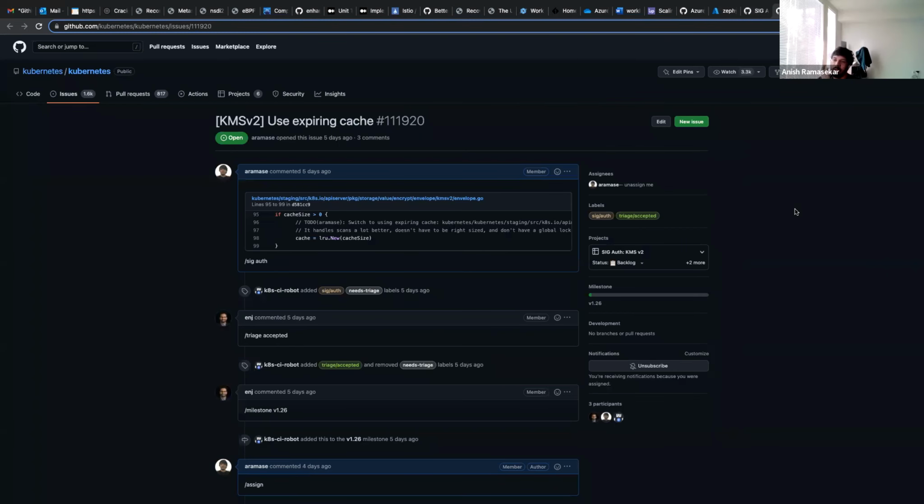Yeah, this was one of the review comments I think we had during 125. So today we're using the LRU cache. We use that for V1, and then we've continued using that for V2 as well. And then Mike added a comment that maybe we should actually try using an expiring cache. And then Mo also was thinking if we do that, we might be able to get rid of the cache